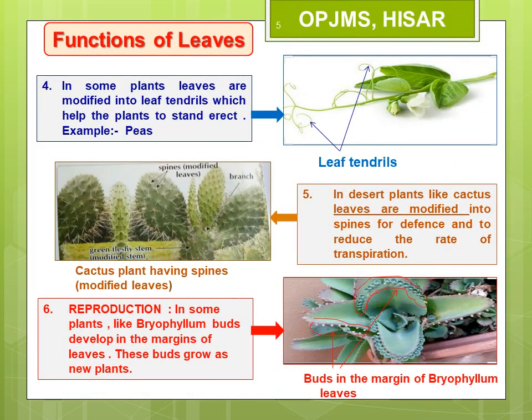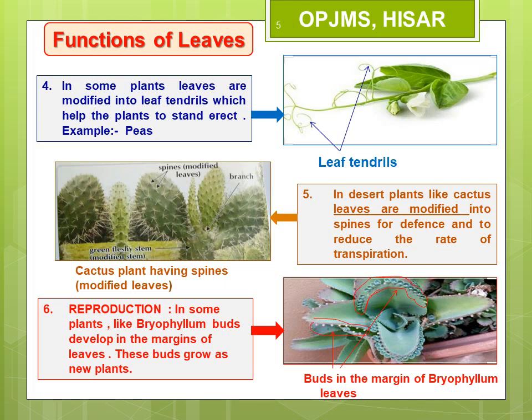In some plants like pea, masoor, lily, etc., the stems are quite weak to stand erect. In such plants, the leaves or the leaflets are sometimes modified to produce leaf tendrils. The leaf tendrils coil themselves around some support and help the weak stemmed plants to climb up to expose their